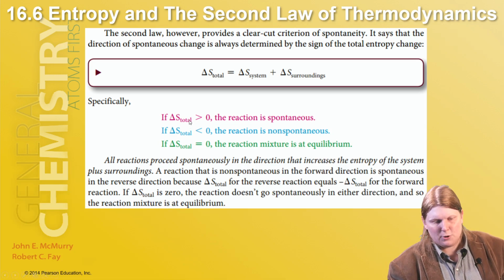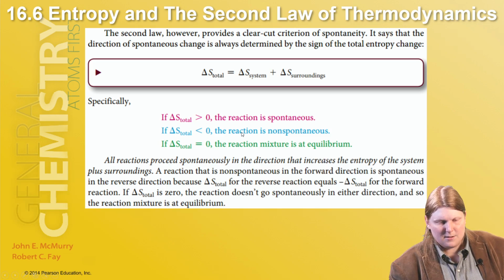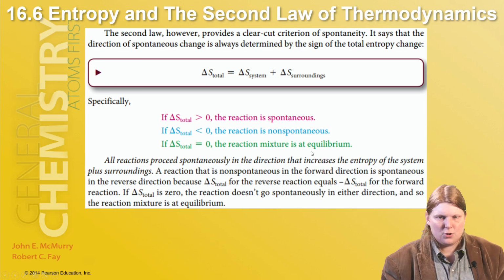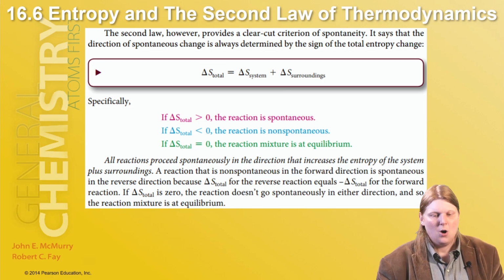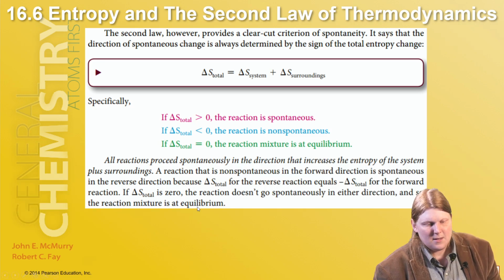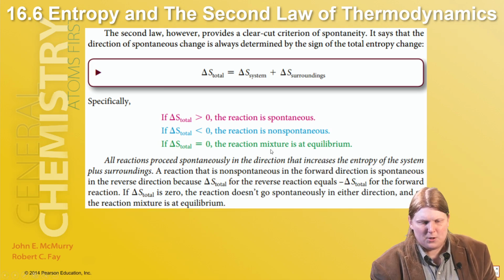If the total entropy change is greater than 0, then this reaction is spontaneous. If it's less than 0, then the reaction is non-spontaneous. If it's equal to 0, then the reaction mixture is at equilibrium. So all reactions proceed spontaneously in the direction that increases entropy of the system plus surroundings, or as they say, the universe. Now, keep in mind that there's no entropy change if the system is at equilibrium already,